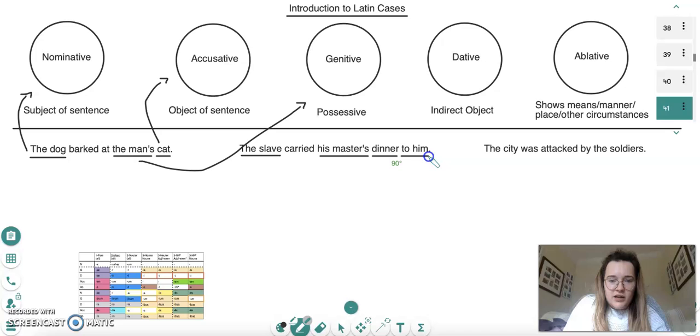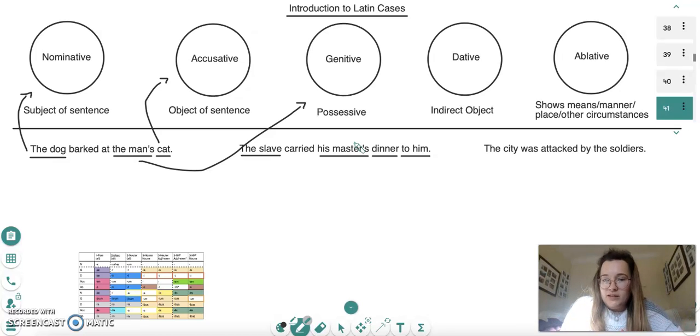So if we look at that slightly differently and we say the slave carried the dinner of his master to him. Again, we know that dinner is the direct object of the verb and therefore is going to be in the accusative case, and his master is going to be in the genitive because his master is the one possessing the dinner. So, that's two good examples of how nominative, accusative, and genitive can